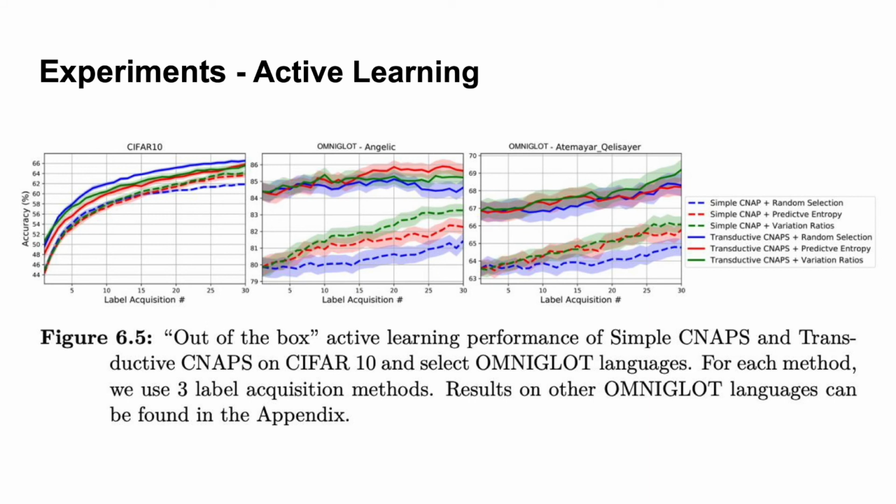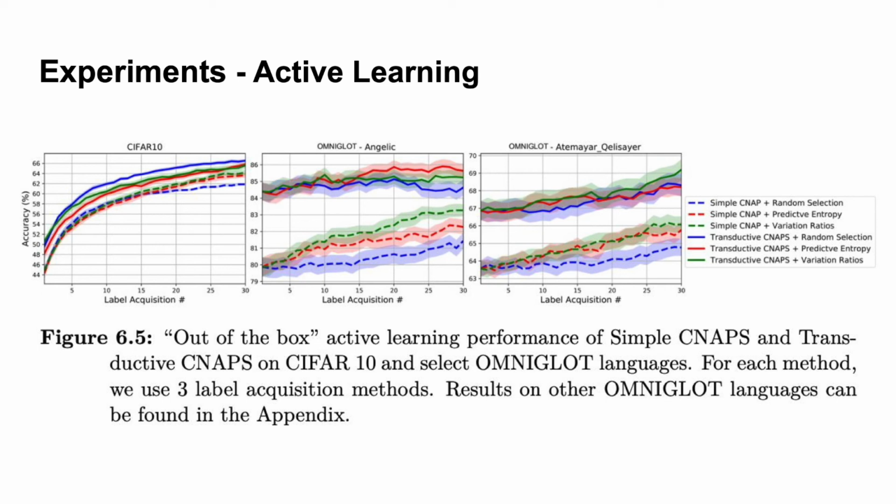Now, coming to active learning, we consider the CIFAR10 and Omniglot benchmarks. Here, a number of the examples are pulled together into this unlabeled data pool. A number of these examples are then given to the model with labels for the first step of model adaptation. And then at each label acquisition iteration, we can request a label for one of those unlabeled examples that